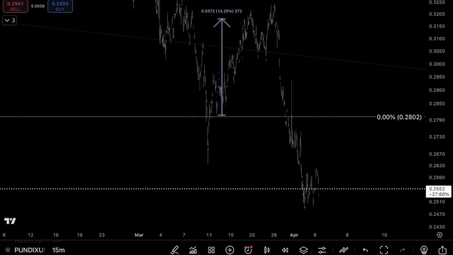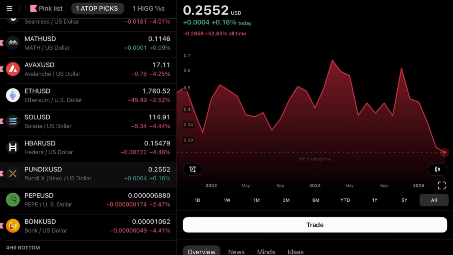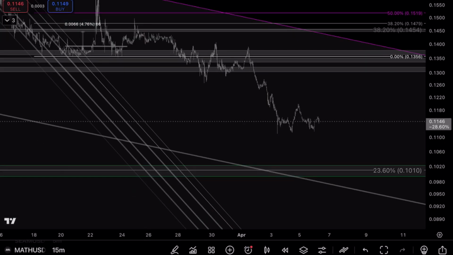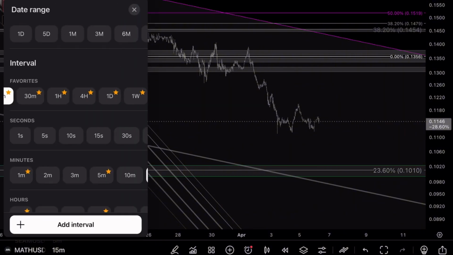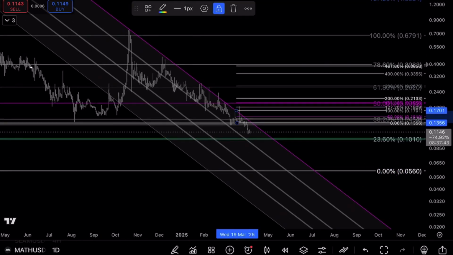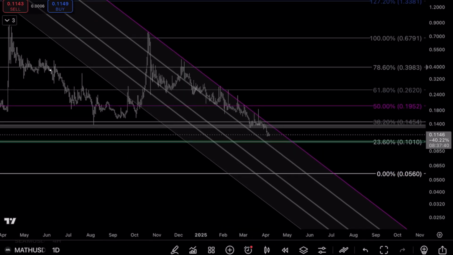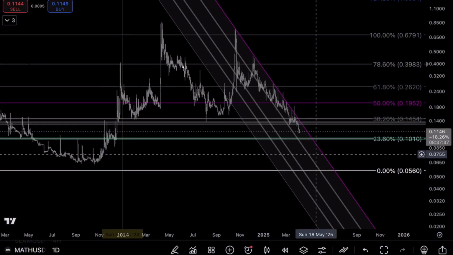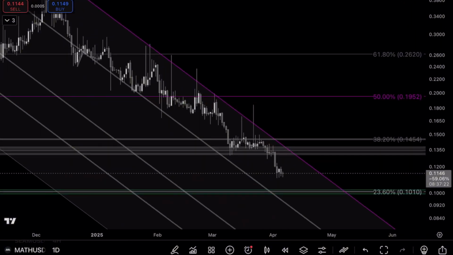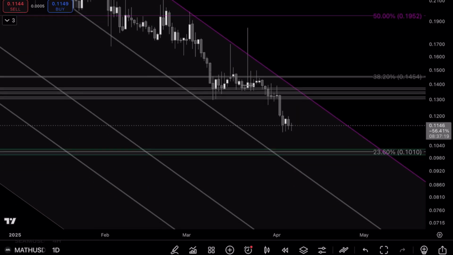This one I don't like. Let me see. Math. This is something I've traded on before. Let's look on the daily. It hasn't made it back down to zero yet, so this might be a good one to check when it hits this 23% level, to see if it makes a quick bounce, and what kind of bounce that would look like potentially, from